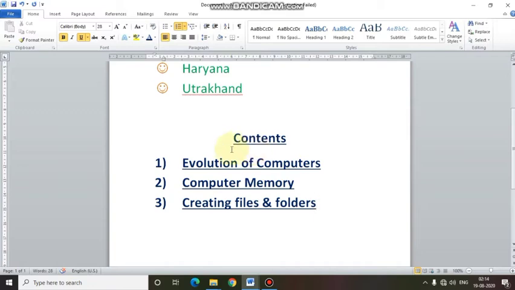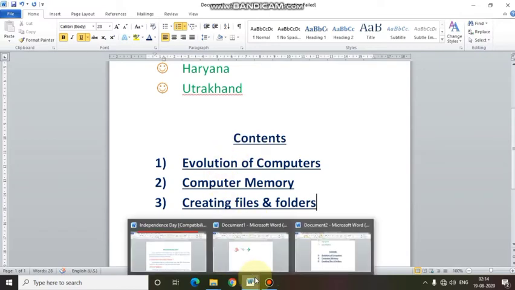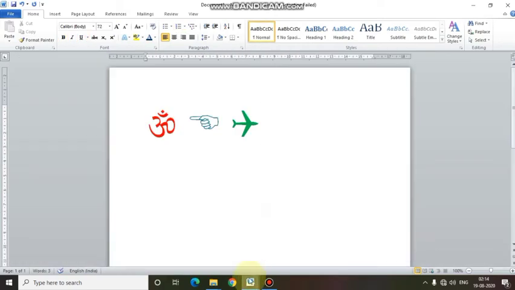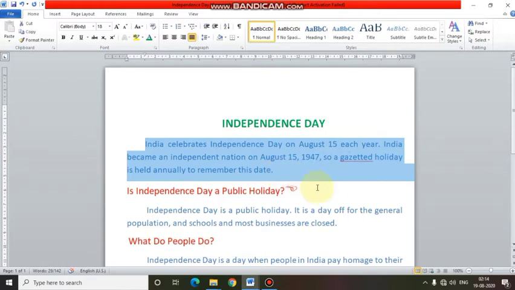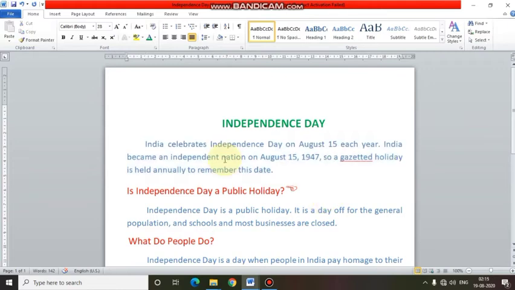So let's move on to another document which I kept open from before. Now suppose we need to insert a paragraph border in this paragraph. How do we do that? Let's read out the steps given in our book and try this. The first step for applying a border is to select the text or paragraph around which you want to apply borders. Steps are given on page number 78.